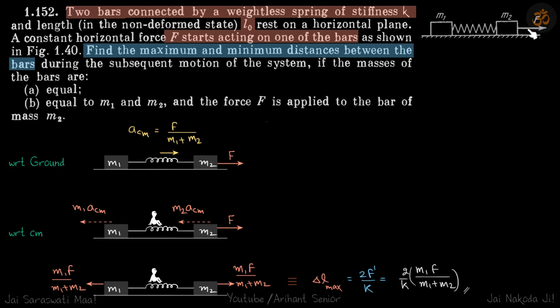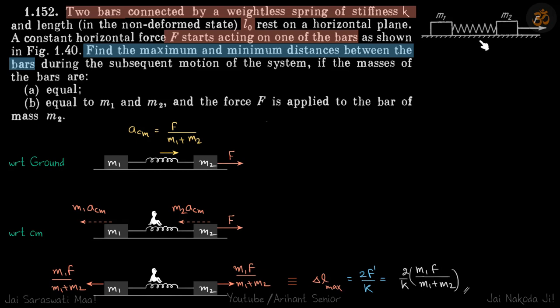So as the force is being applied, you can imagine that the spring will stretch and the M1 will start to follow M2. And once the spring reaches its maximum extension, then it will compress, because then M1 will start to come with a greater velocity. So it will again reach its maximum compression and then it will again expand and compress and expand and compress, and that cycle will repeat.